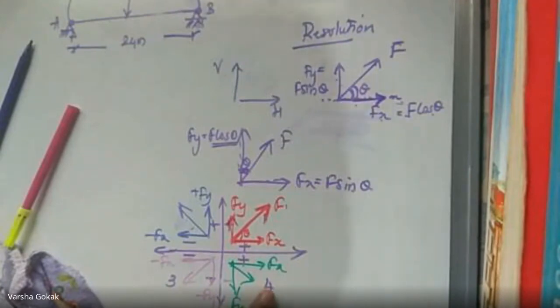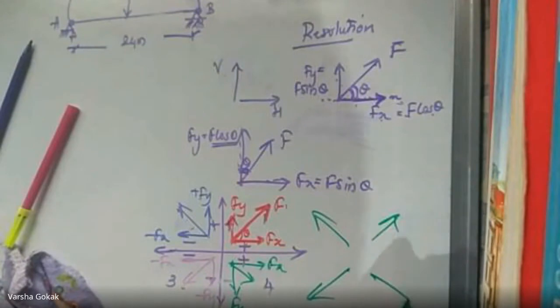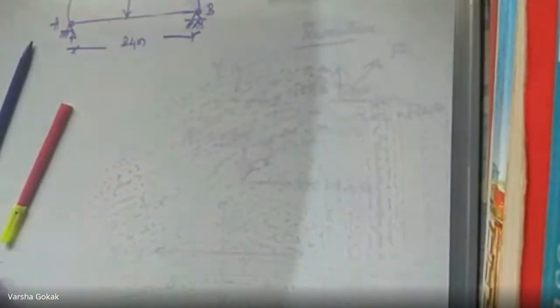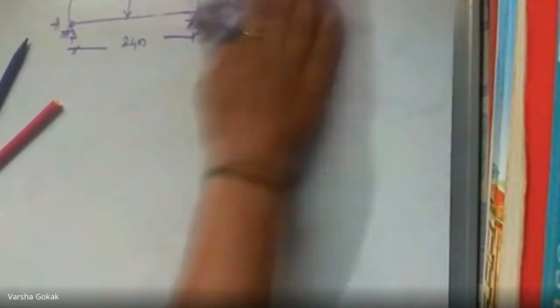So these are the sign conventions. You should understand it can be 1, 2, 3, 4 only. Either the force can be like this or like this or like this or like this. This is the only inclination. There is no other inclined than this. Other than this would be these two sets which are directly horizontals and verticals. Okay. So this is the basics for the sign convention. Now with all these basics, let us look into our particular given problem.